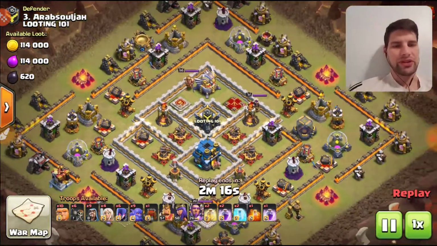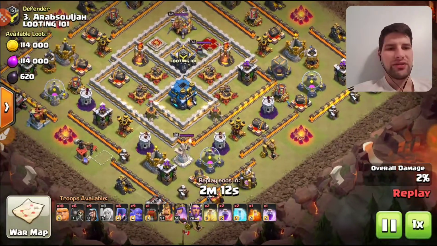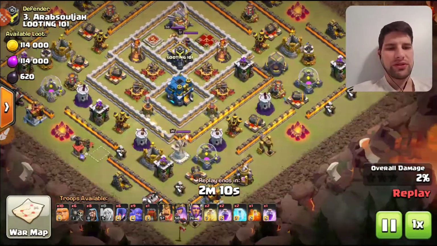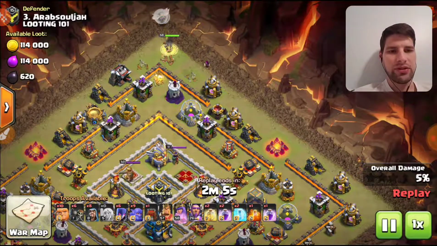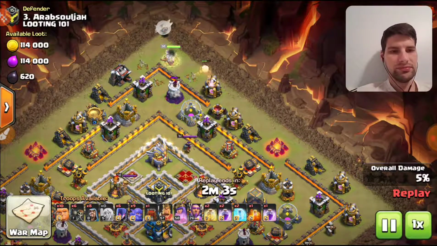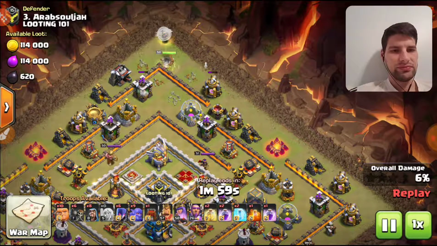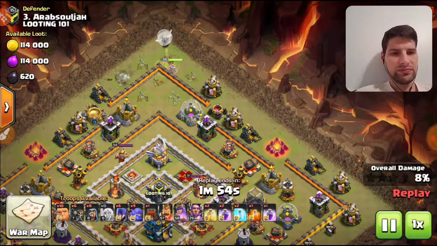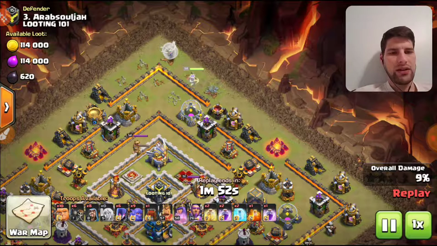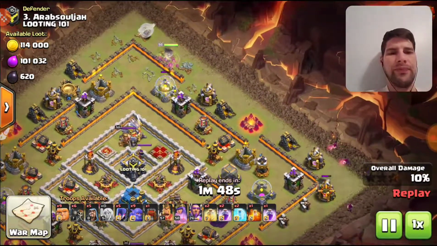Here's Ryan, our other big gun. This is my original target. When I first saw his base, I was thinking of doing an air attack on it, because you see all of his expos are on ground. So Ryan starts off with a queen walk up here. So Ryan started the queen walk on the corner there to make one side of the funnel, and now the